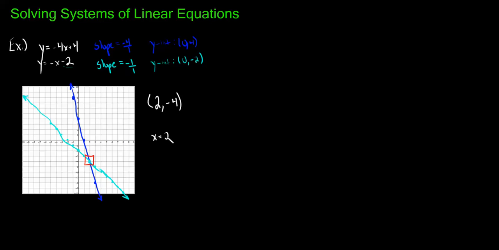Don't write this as x equals 2, y equals negative 4. That's not entirely specific enough. The solution to a system is a point, so always make sure we write it as a point. So that's how we solve systems of linear equations, by graphing. We're simply graphing every single equation in the system, okay? So that's an example where they're already given to us in slope-intercept form,